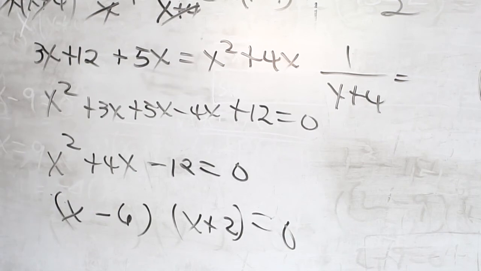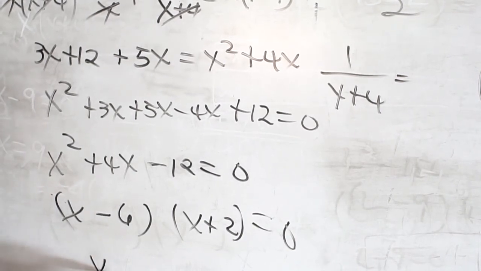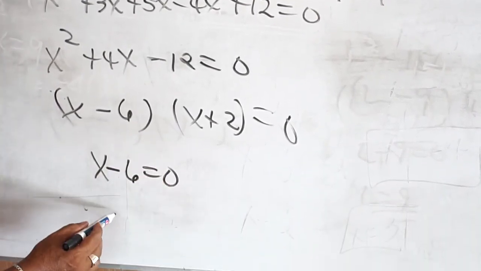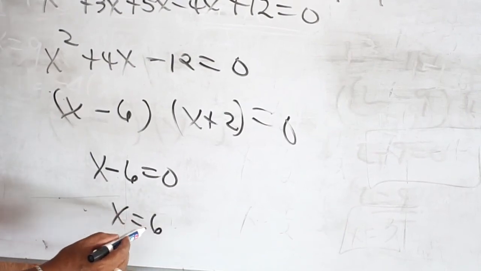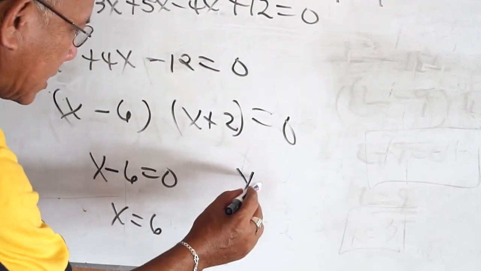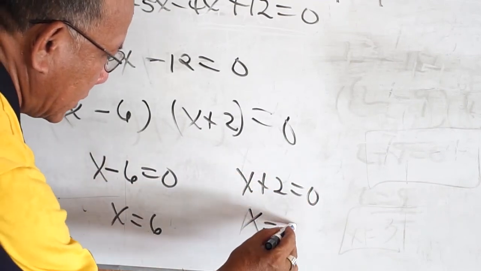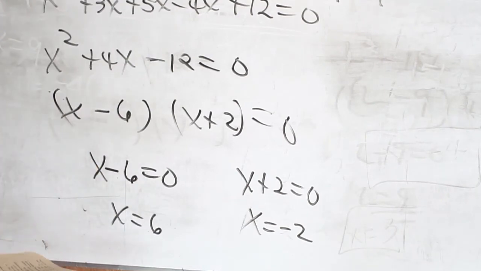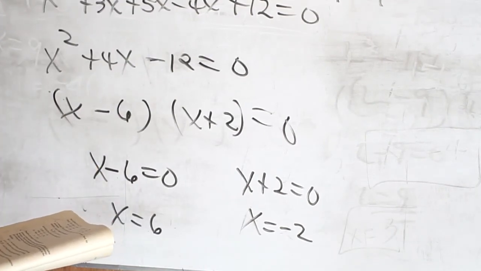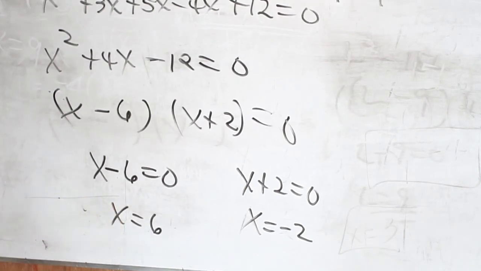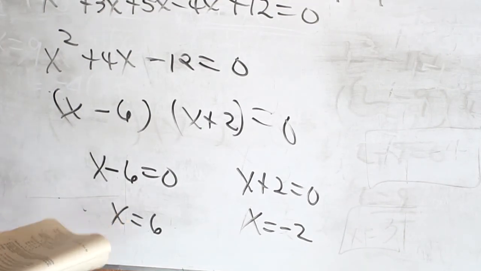Then equate the resulting factors to 0. That is x minus 6 equals 0, then x is equal to positive 6. Then x plus 2 equals 0, then x is equal to negative 2. So it means the mason can do the job alone in 6 hours, while the helper